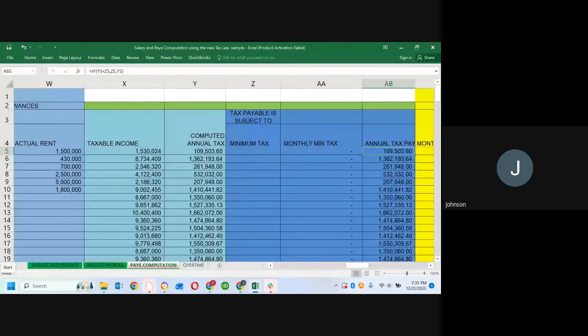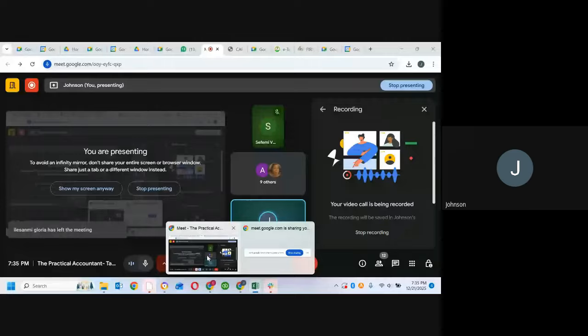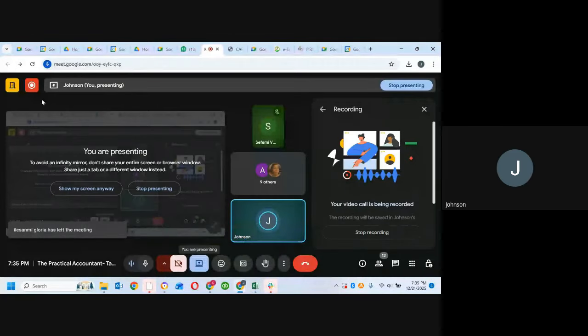Now, another thing I need to point out is that this minimum tax now is not applicable any longer. Okay, it has actually been abolished. We no longer have minimum tax for employees. So now it's just